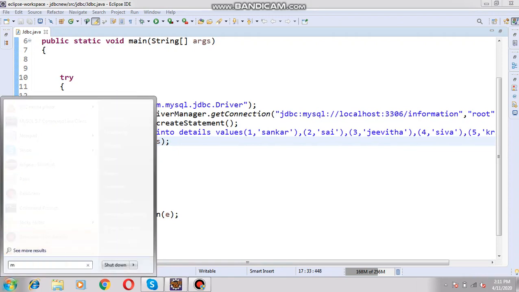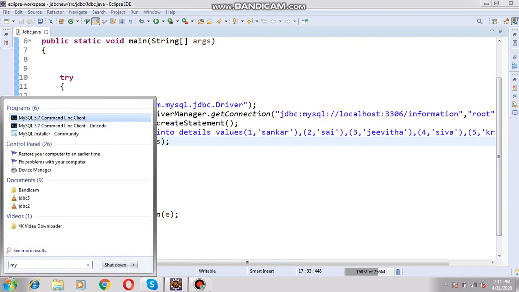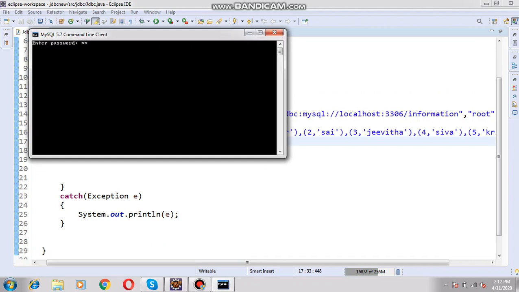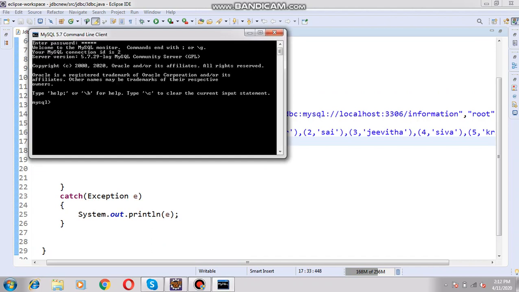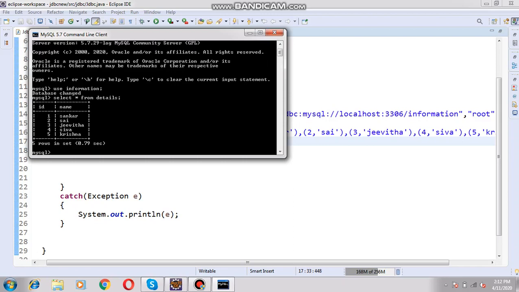First I am going to MySQL also. My SQL password is admin. What is the database name we created? Use information. Next, inside the information database, what is our table name? Select star from details. Now all the 5 rows of data are there. Now observe clearly: how many columns are in the table? 2 columns in the table. If I want to add a third column to the table,